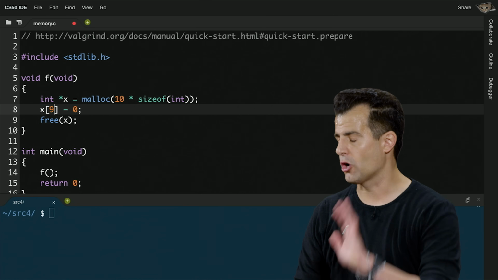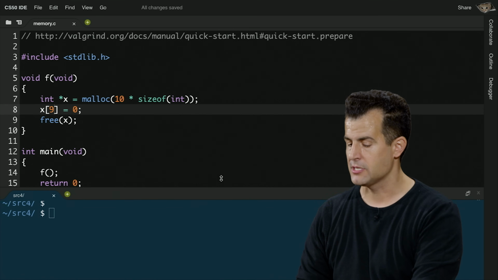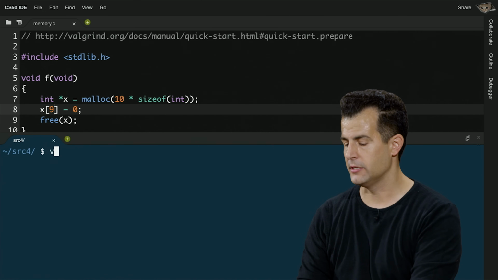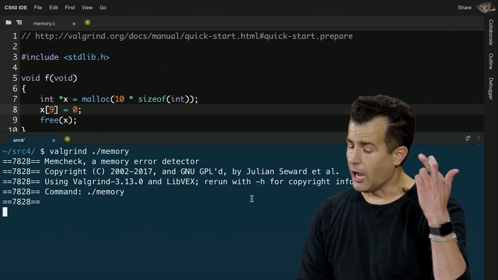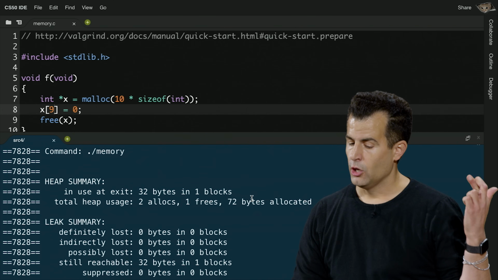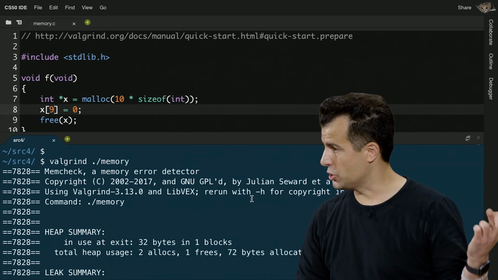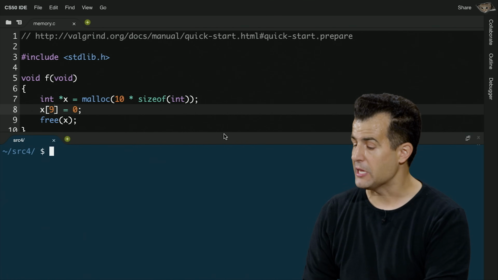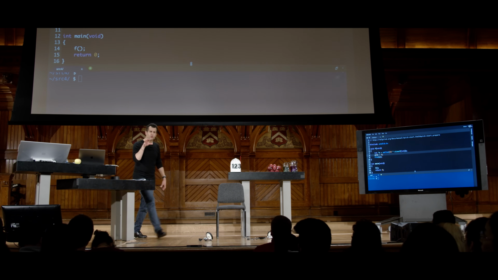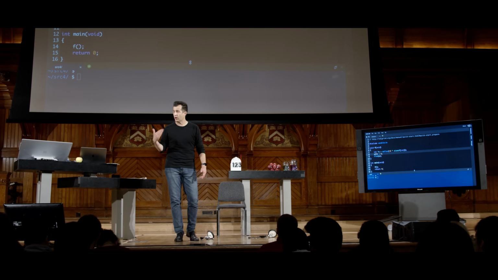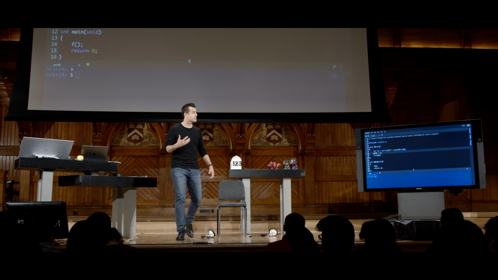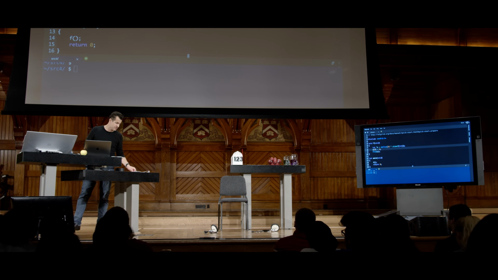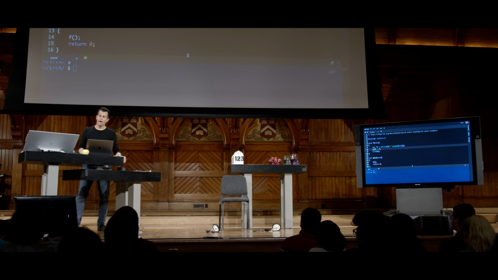So let me fix this and just arbitrarily say, let's go touch that part of it. Let me go here and do make memory. Let me go ahead and do Valgrind ./memory. And now, arcane output aside, notice that that error message went away too. So this will be helpful over the coming couple of weeks as we continue to use C to implement a number of programs that now start to manipulate memory. It's just a tool that helps you spot errors that certainly your TF might otherwise, or that might be causing your program to crash or to freeze or to segfault, if you've seen that yourselves before. All right, so that's just a tool.